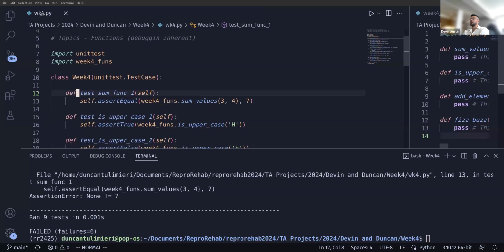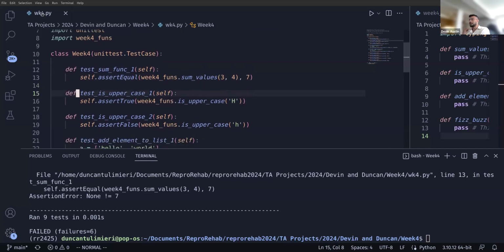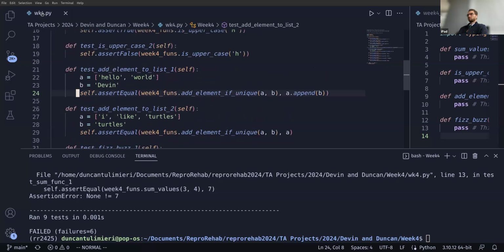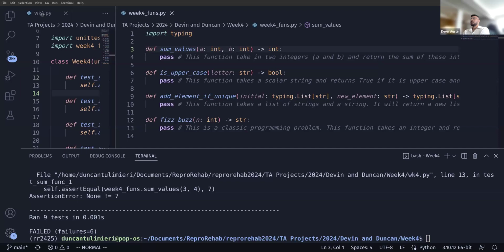So this is a bit different than the last time we did this in the previous video. In the previous video, we were editing code in a file that looked really similar to week4.py, but we had several tests and we edited code within each test itself. This time we're making a series of functions in week4_funds.py, where